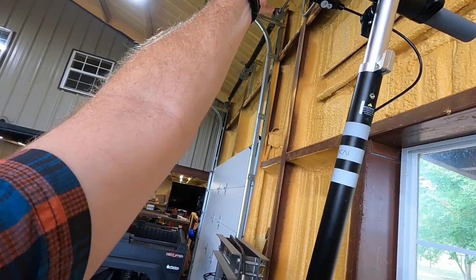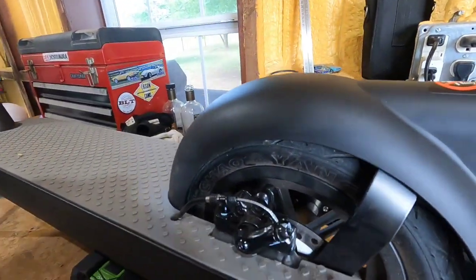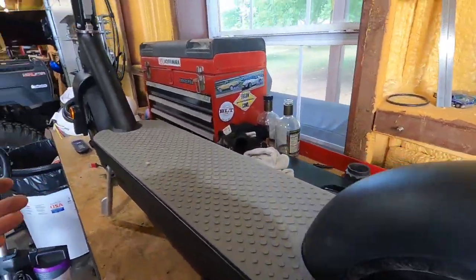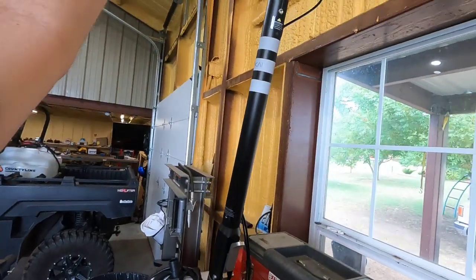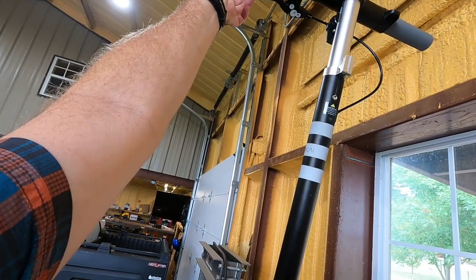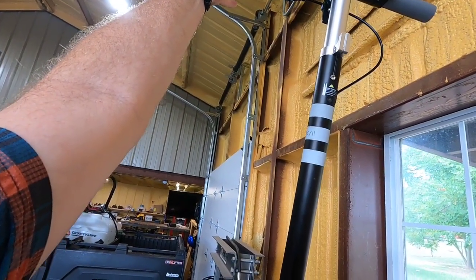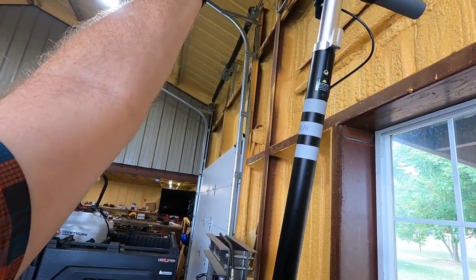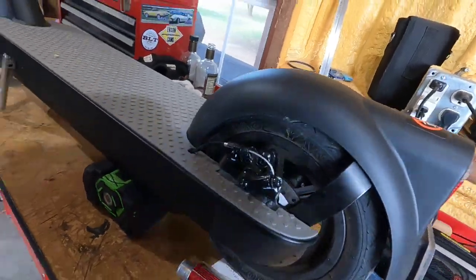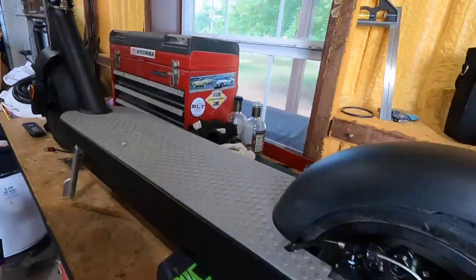Mine's close to the handle. It wasn't, but it is because I undid all this. And I'll adjust that out. Maybe. I don't know. I might like it right there. You know, that gives me more distance so I could use my front brake without the back brake being involved. If I like that, I don't know. We'll see. But you can make those adjustments on the fly by just turning this. But anyway,